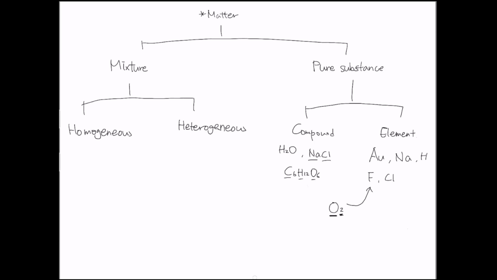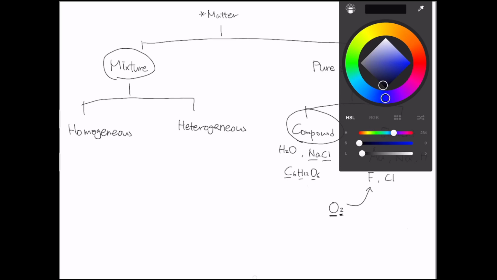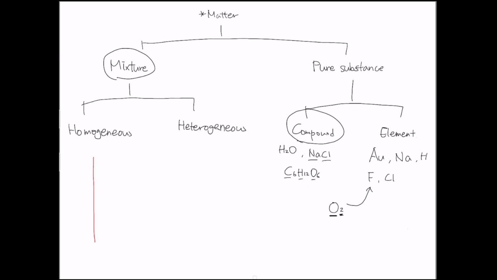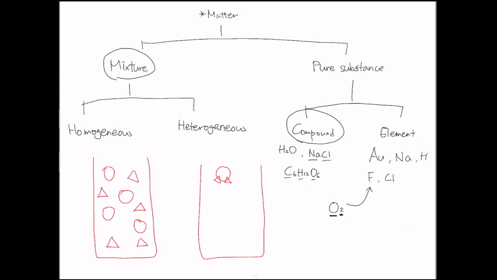Then what's the difference between mixture and compound? Both of them look like they're a mixture of 2 or more different things. Let's say I have in this container, circle and triangle mixed together. Every circle, 2 triangle attached to it. This is an example of a mixture, and that's an example of a compound.